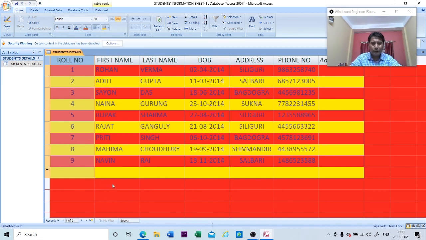So in this video you have learned how to create a database, how to switch between the design view and datasheet view, entering a record in a datasheet view, creating a table and formatting a table. So this is all